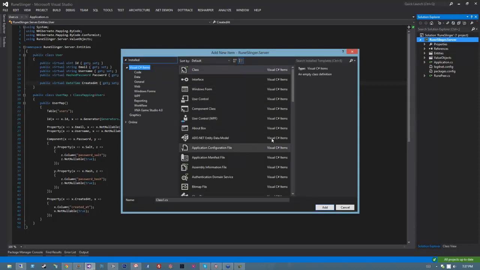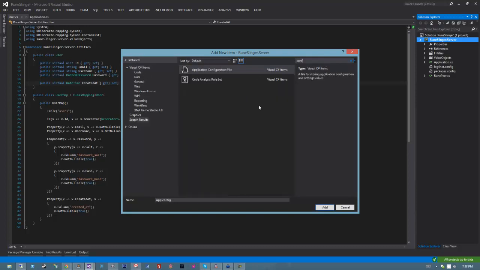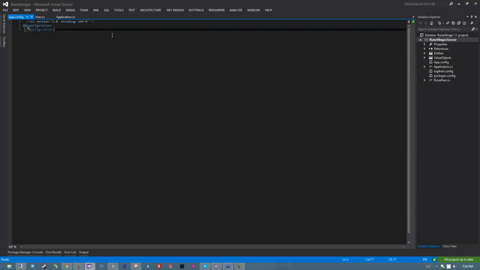So that's just going to be an application configuration file. And now we have an application configuration file. So the next step is to open up a project in which you already have NHibernate configured on and copy